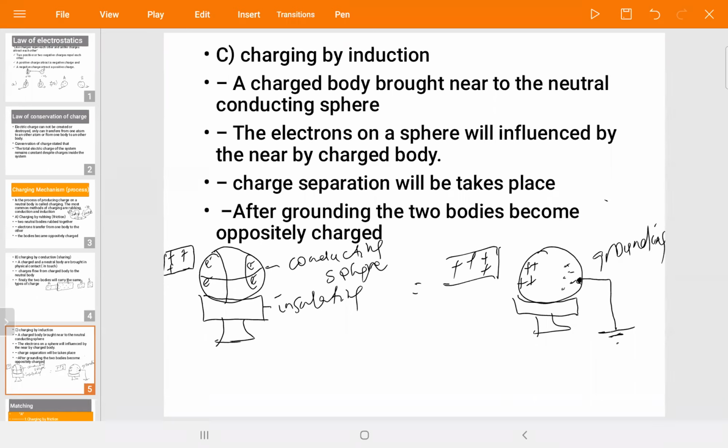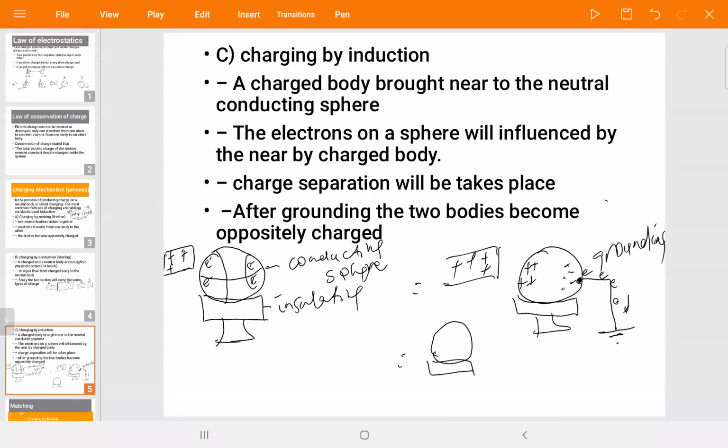Just by grounding, we let electrons flow to the ground. For example, we have used a conducting wire on the right side of the sphere, and when it comes in contact with the wire, electrons will flow down to the ground. Finally, the sphere is left with a positive charge only. Just after grounding, we withdraw the positive charge rod and leave the sphere alone.